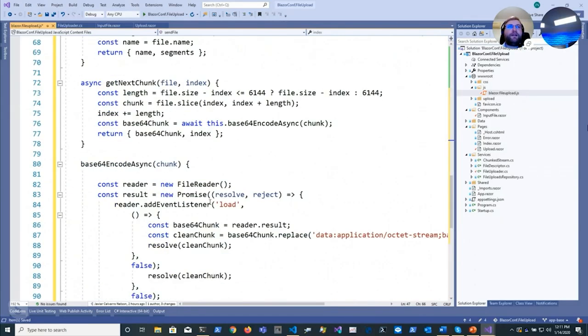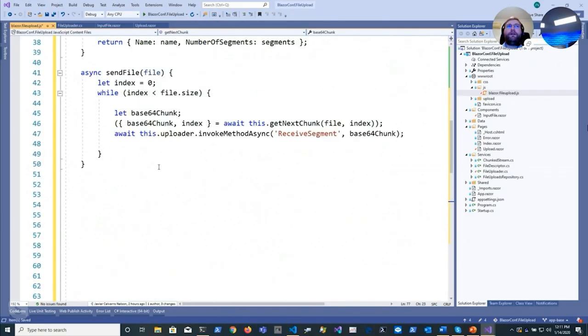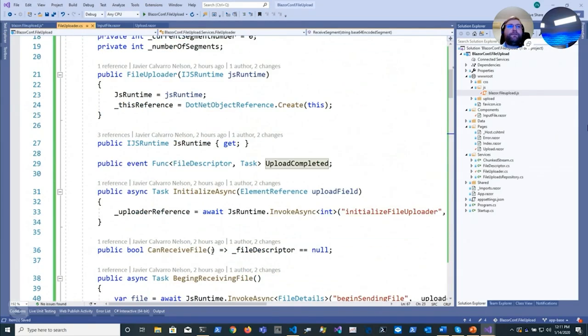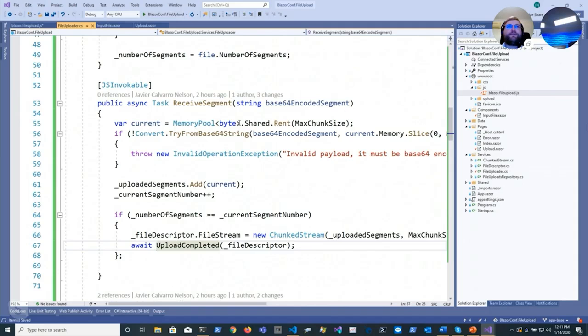Then I have a bunch of helper methods here that simply handle figuring sizes and base64 encoding and all that. So if we go back to our file uploader, we'll see that this receive segment receives the base64 encoded chunk, decodes it, and when everything is done, it fires the event. So we should be ready to save everything